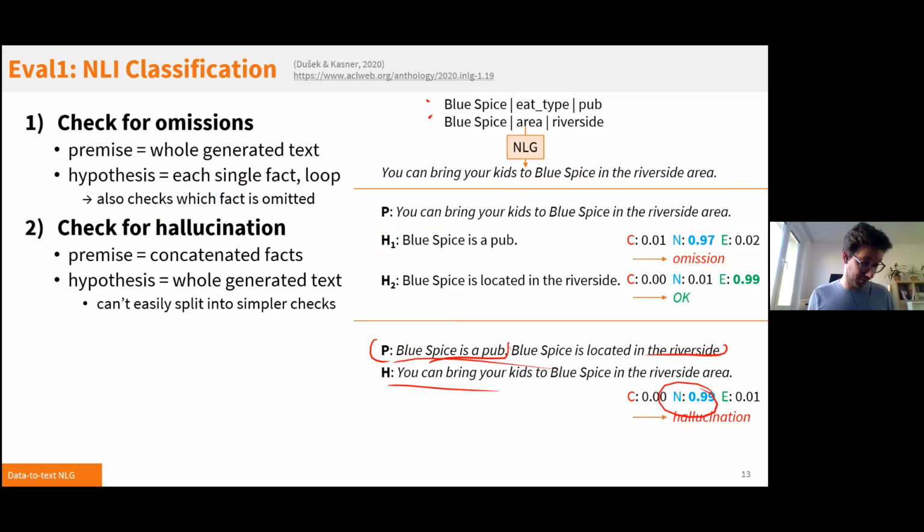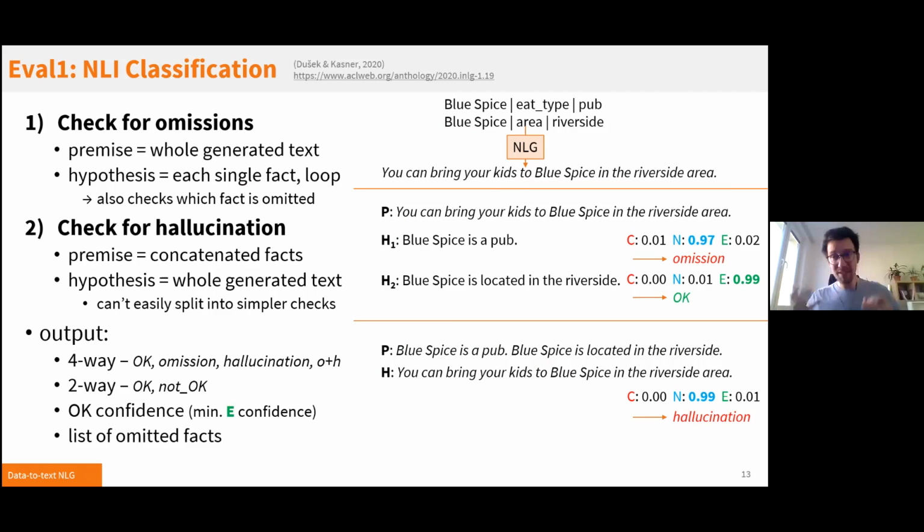And here you can see that the entailment is not there, the relation is neutral, so this is a hallucination. And so this is basically how you can check this. You can actually output multiple classes for this. But the main idea is that you check using language inference for hallucinations in one direction, for the omissions